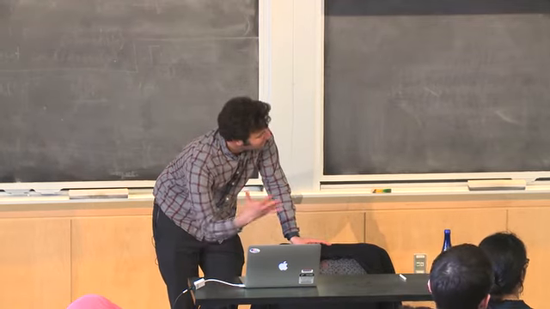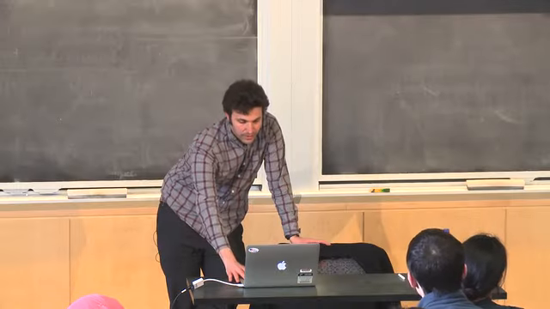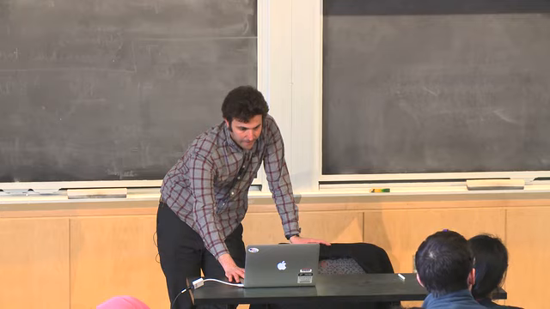And then in terms of how we validate our models are correct, we have two different ways. One is do stuff like that. We build a model that says respond to a drug, don't respond to a drug, and then we plot the Kaplan-Meier curves. If it's image analysis, we ask pathologists to hand label many cells, and we take the consensus of pathologists as our ground truth and go from there.